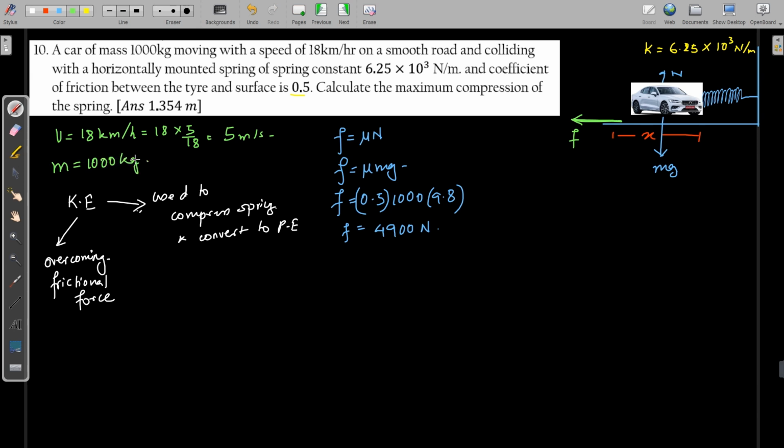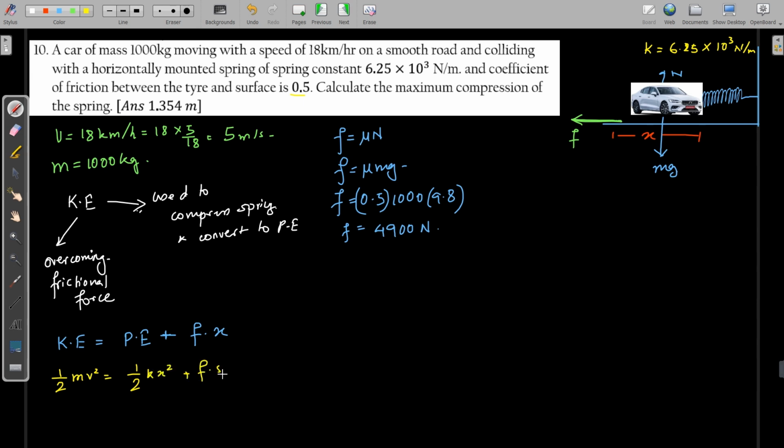1000 kg. Okay. So what we have to understand is that the kinetic energy is used for two purposes. Kinetic energy is stored as potential energy, as well as used as work done in overcoming the friction. That is how much? F into x, the force of friction doing work, F into s. So we can write kinetic energy, half mv square,